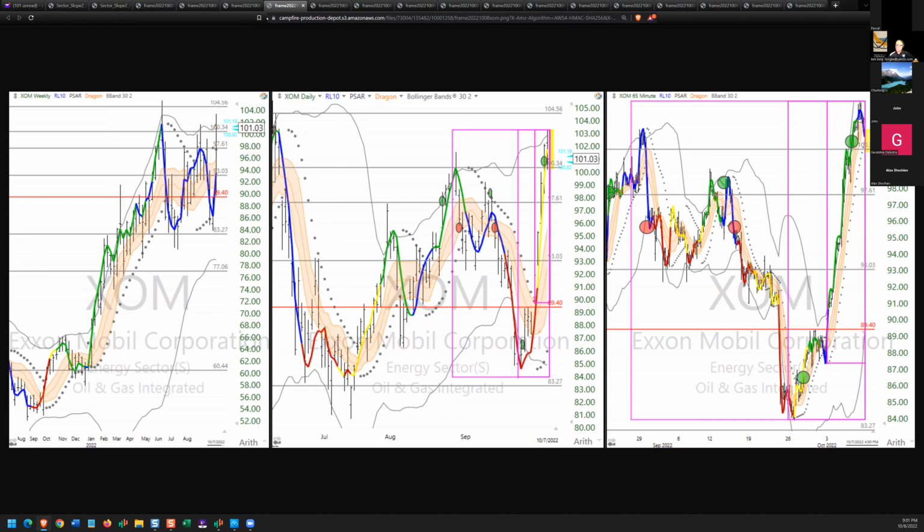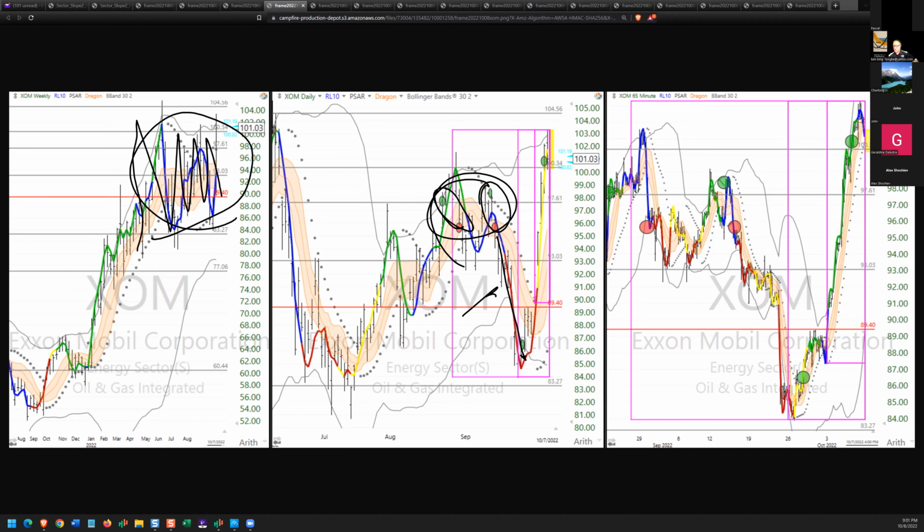This is XOM, ExxonMobil, and he's been trading this one. This one, you notice the incredible cycling on the weekly. Micro loss, stop and reverse, cap. This one trade here pays for both of those losses easily. This stop and reverse, he gets a second position this time above the swing high, which to me is sensible,